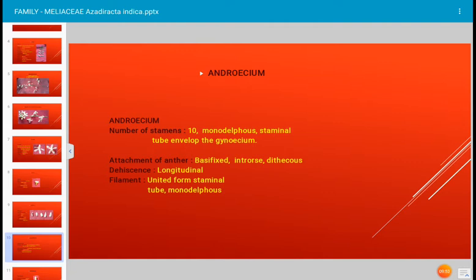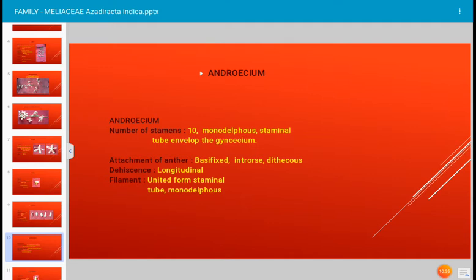And how is the attachment of the anther? What is anther? That means it is the fertile region of the stamen. Stamen consists of anther and filament. Filament is the stalk-like structure and anther is the pollen grain bearing structure of the flower. The anther is attached to the filament from the basal region, hence the attachment of the anther is basifixed. Anther is introrse because when it naturally opens and releases pollen grains towards the central axis of the flower, such anther lobes are described as introrse.